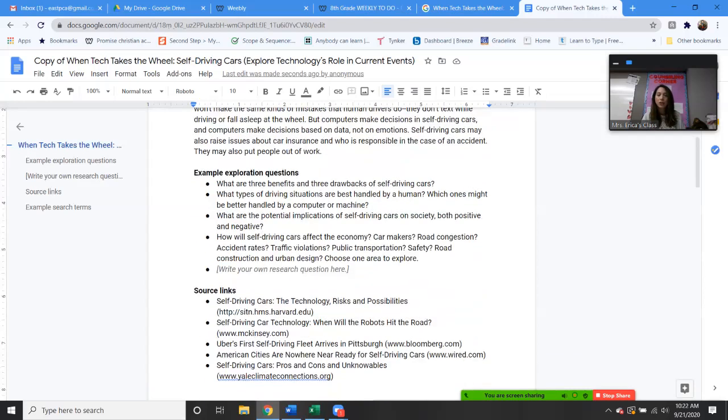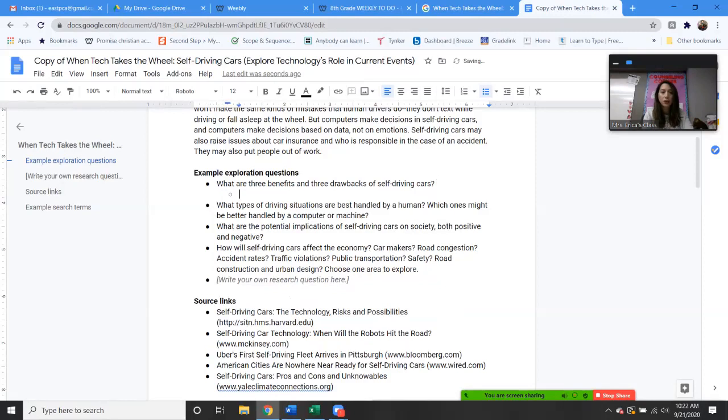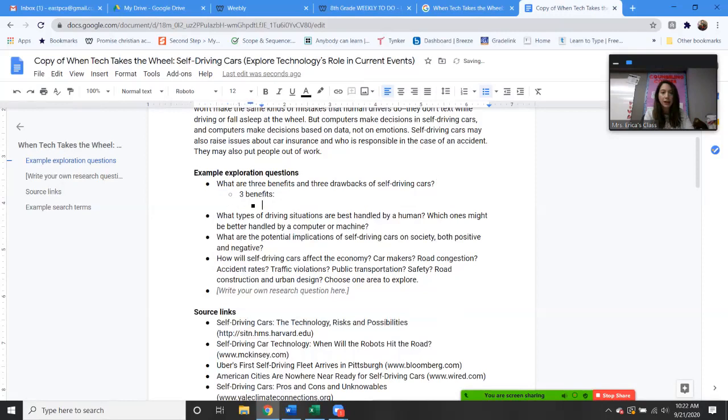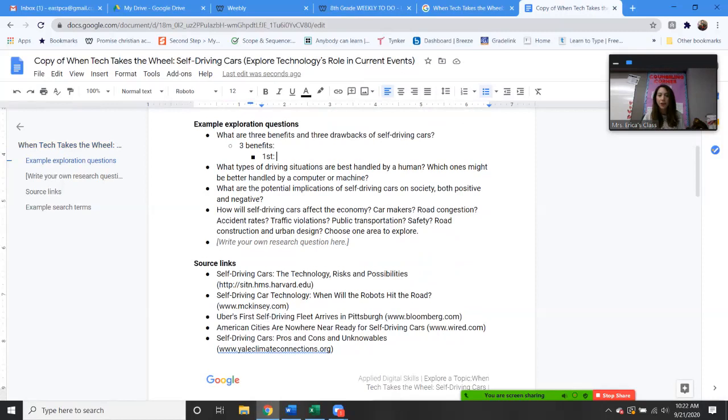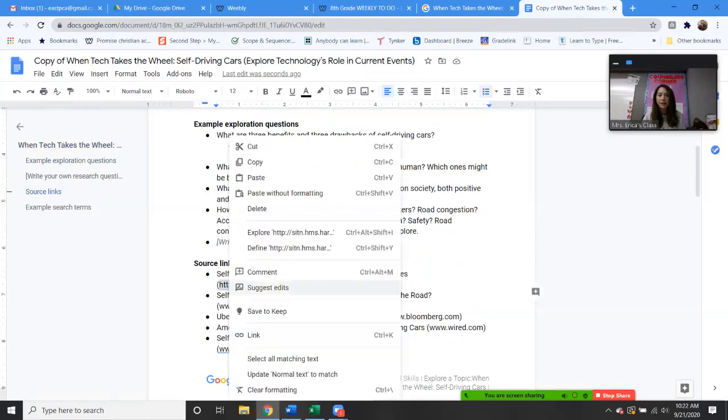So here are the questions that you're going to be researching. What you can easily do is just type what you find right after it. So, what are 3 benefits and 3 drawbacks of self-driving cars? Again, you could start typing, you could have 3 benefits, and then the first one is, you can research it. You can make a hypothesis about what you think it is, but you can research it. Where you can research it is, they gave you a bunch of links here. You can just copy and paste these links